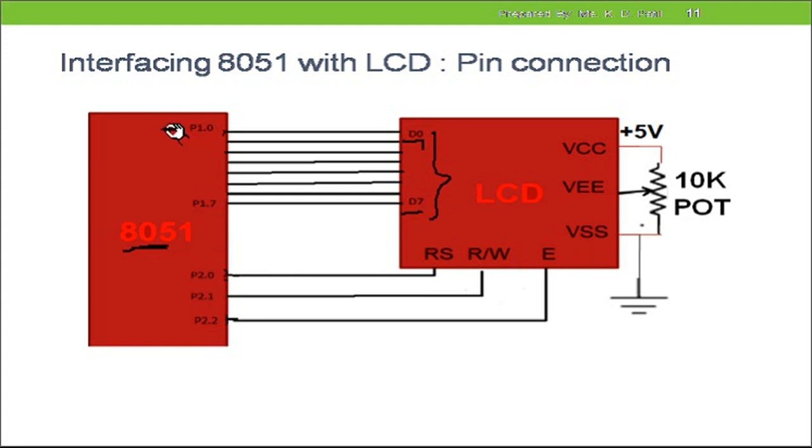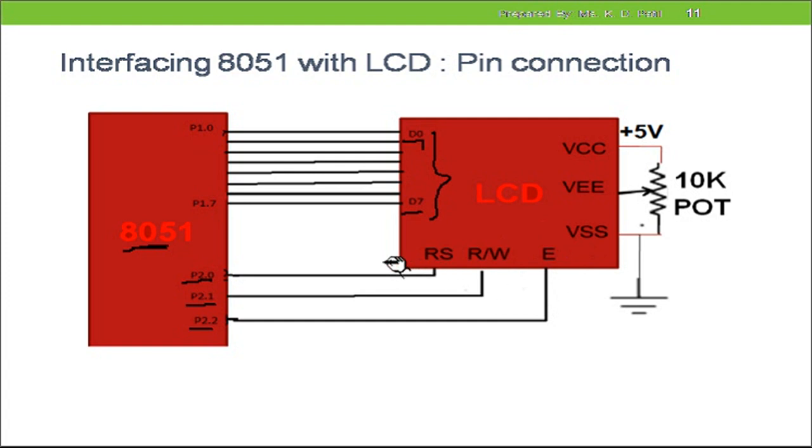Okay, then let us see how RS, RW and EN interface with the 8051 microcontroller. As I have already used port 1 of the 8051, I should not use the same port for interfacing these 3 remaining lines. So I will use another port, let us take port 2 of the 8051. All the port pins are not required for me, so I will take the P2.0, P2.1 and P2.2 pins, which can be interfaced with the register select pin, read write pin and enable pin of the LCD respectively.